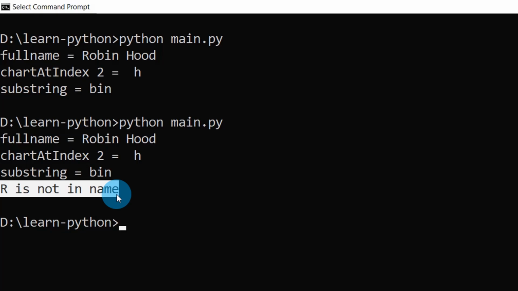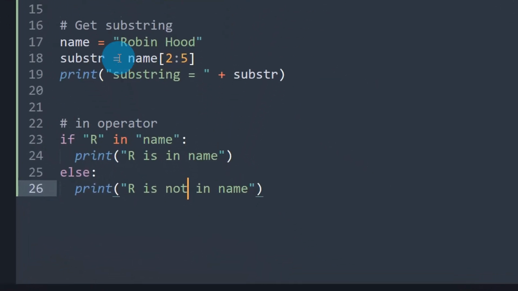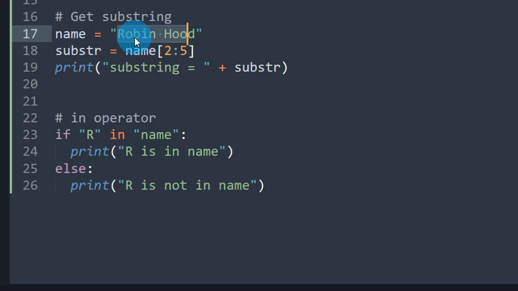Surprise, what happened? 'or' should be in the name, right? Robinhood. Have you noticed something here? What I have written here? I have written this name inside quotes here. That means this itself is a string. The value of this string is name. So obviously 'or' is not there in this.